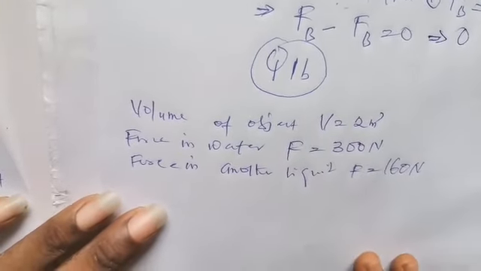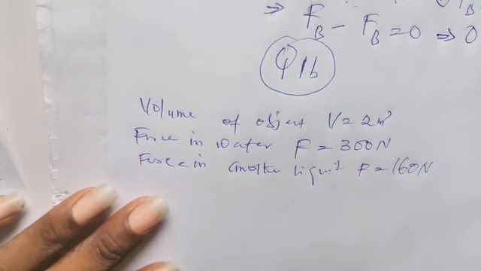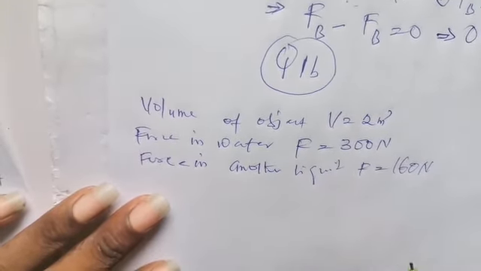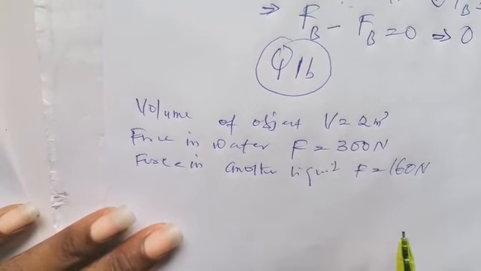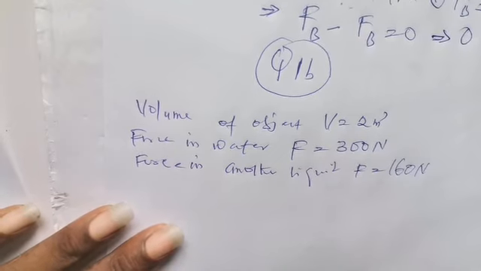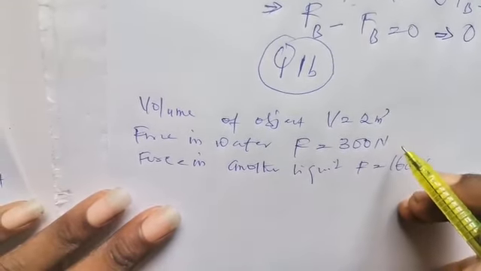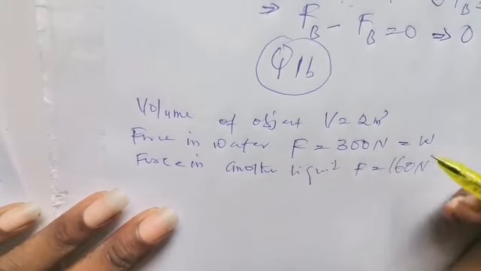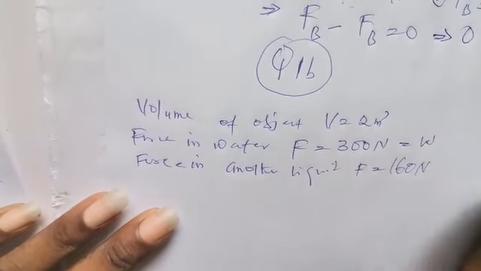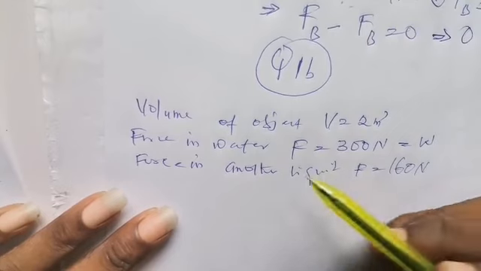Now this question is a very simple question. First of all, we are going to apply Archimedes principle to solve this problem, just like we explained in the first set of questions. Archimedes principle simply states that for an object which is partially or fully immersed in a liquid, the weight of the object becomes equal to the buoyant force acting on the object. So if this is the force of the object in water, it means the weight of the object, W, from Archimedes principle is equal to this force. This is the force that keeps the object in water, which is simply saying that the weight of the object is equal to the buoyant force.